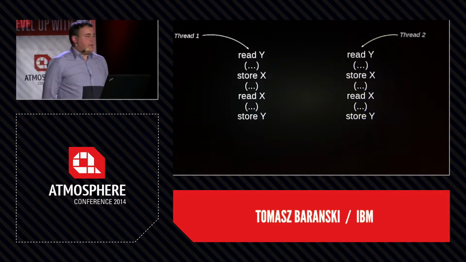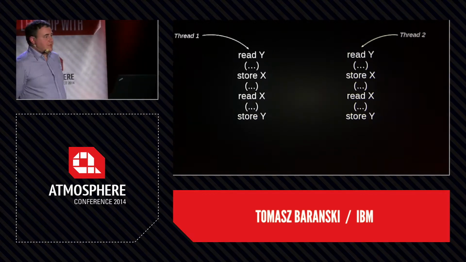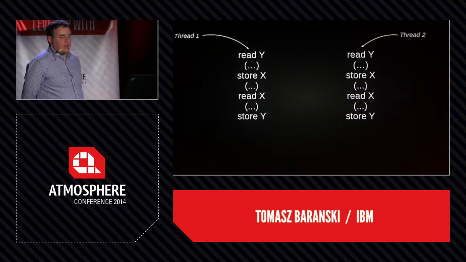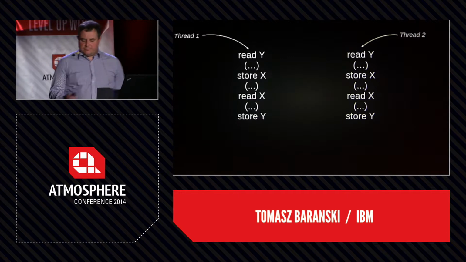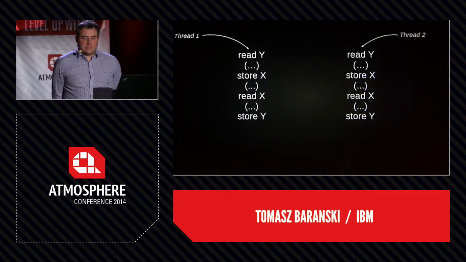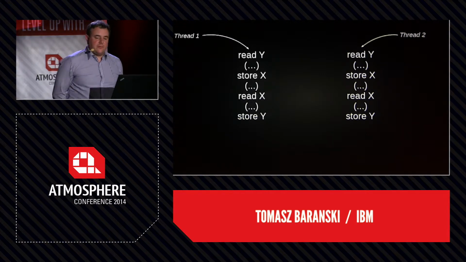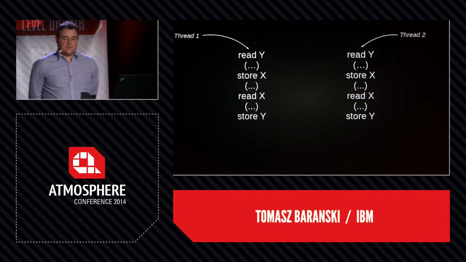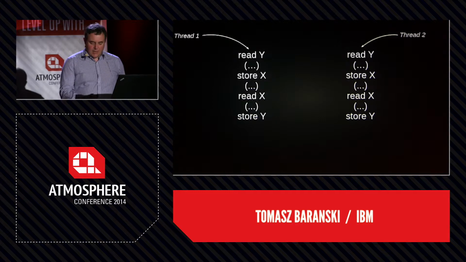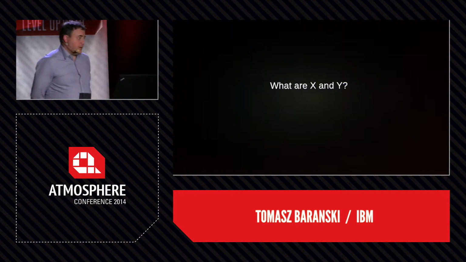But what if you don't have locks and you're running more than one thread? And they're on separate CPUs, so they can really run in parallel. If you see those operations ordered in a way that you are completely unaware of, because the compiler, CPU and JVM are doing their things, what are the actual values of X and Y? You don't know. You have no way of knowing that.